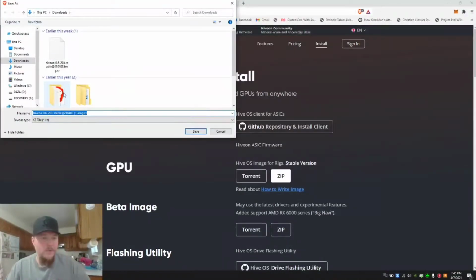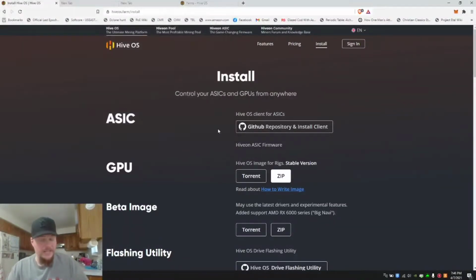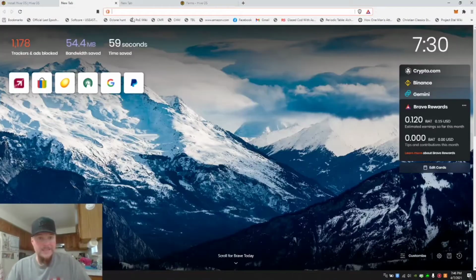and I've already downloaded the file, so I'm not going to do it, but all you have to do is hit save, and it will start downloading the zip file. It's just a little over 1 gigabyte, so it might take just a few minutes. While it downloads, the next step you want to do, now all of these instructions are available on hiveos.farm. There are instructions on how to install the operating system, but we're just going to go through them. What you can do while you wait on the operating system to install is go to